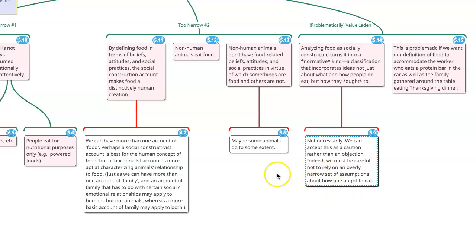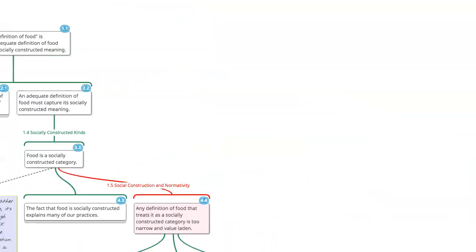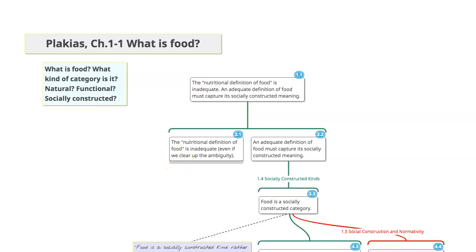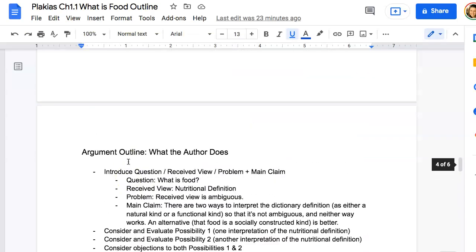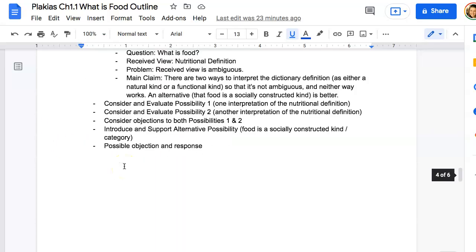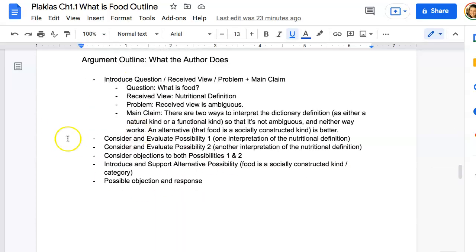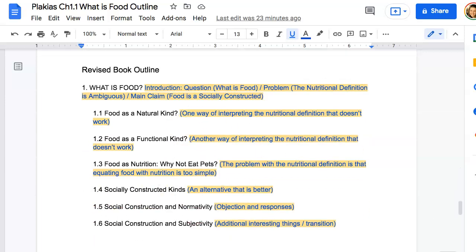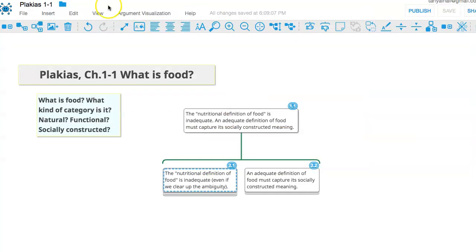So that is the structure of the argument, and the reason for going into this in such detail is to compare the structure we get from just the text to the structure that we can pull out when we are considering what the author is doing in developing an argument, and then how that gets visualized. And so notice